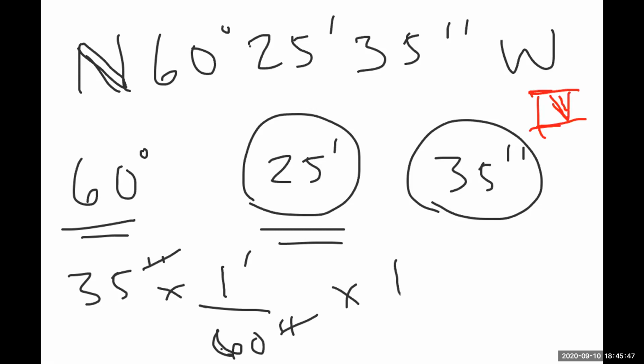And then I also know that 1 degree is equal to 60 minutes, and the minutes then cancel, and I'm left with degrees. So anytime you're going from a bearing, quadrant notation, to azimuth, you're going to take your minutes and divide by 60, and you're going to take your seconds and divide by 3600, because 60 times 60 is 3600. So 35 divided by 3600 is